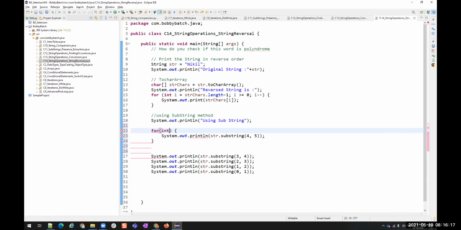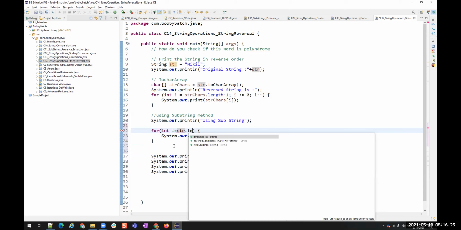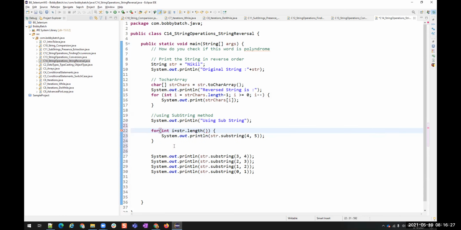In substring of length minus 1. Exactly. i is equal to str.length. Actually, a for loop is not needed. We can use an advanced for loop.